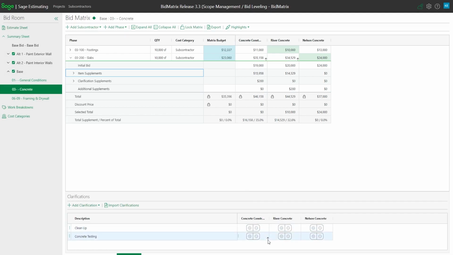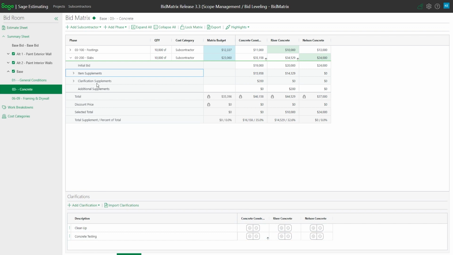I also get the little up arrow to let me know that I've added something to that particular bidder's list. And I can see up here that I've got a little up arrow to let me know there again that I've got some dollars being added to their bid. But it was a little bit difficult to tell what I've added to that bid.